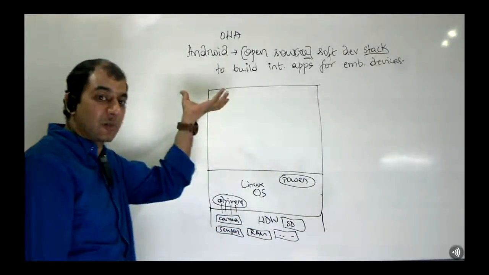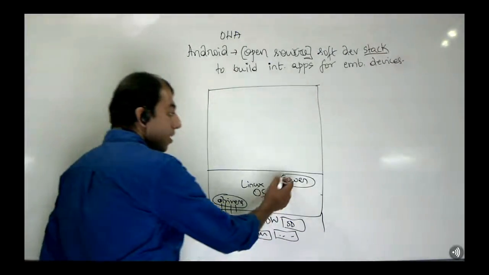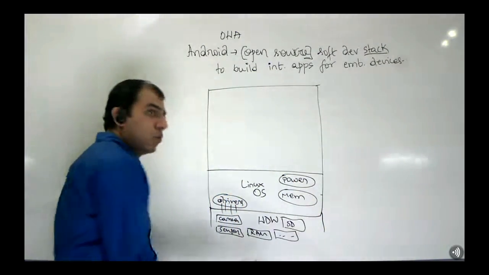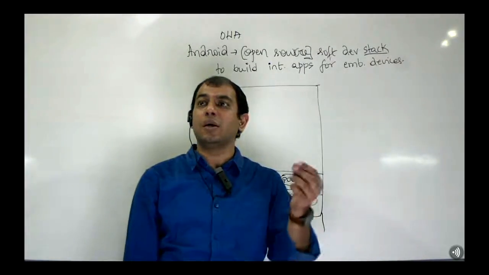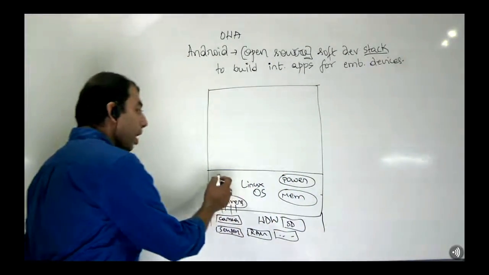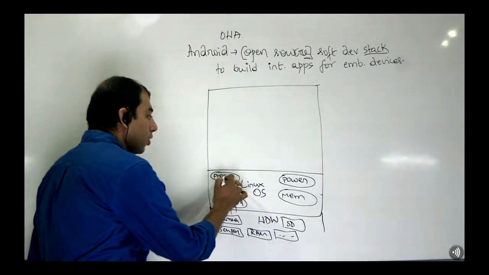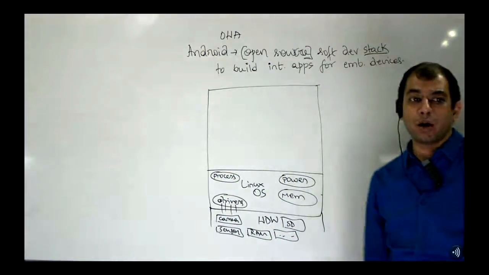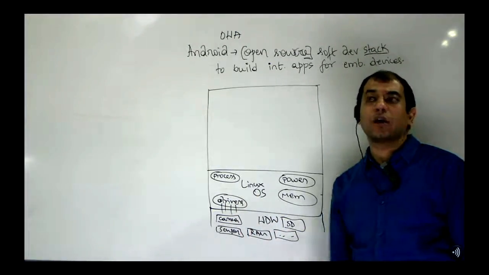So these drivers expose the hardware functionality to the above layers, so to say. So power management, and because we used Linux, what automatically became available for us is memory management and process management, right? So automatically Linux has a super capable multitasking system implemented, which basically means multiprocessing got enabled